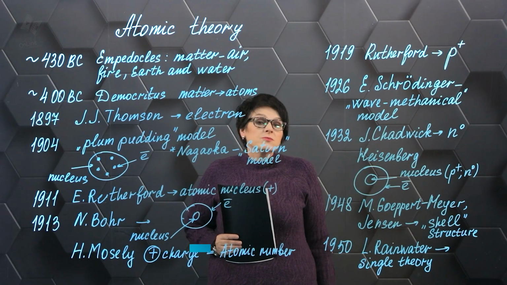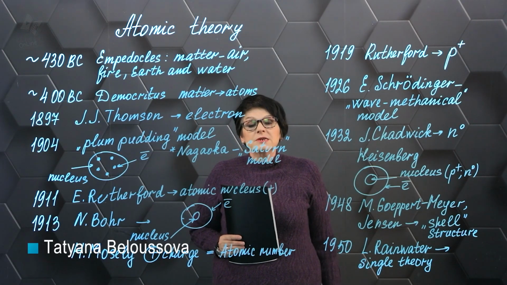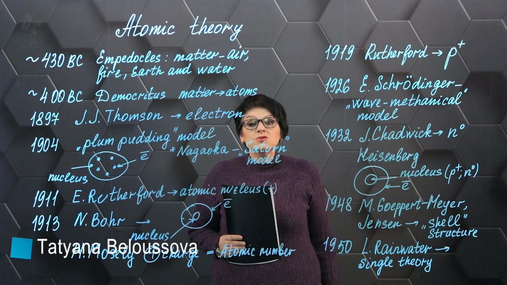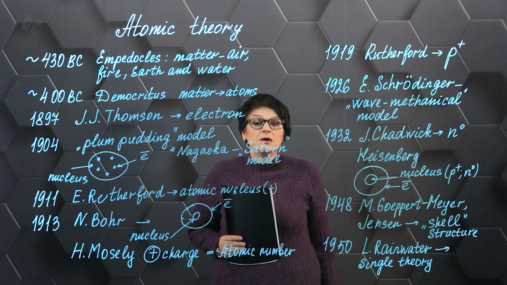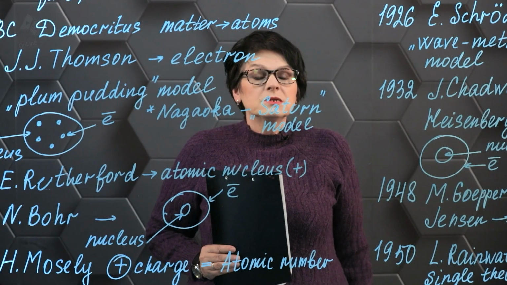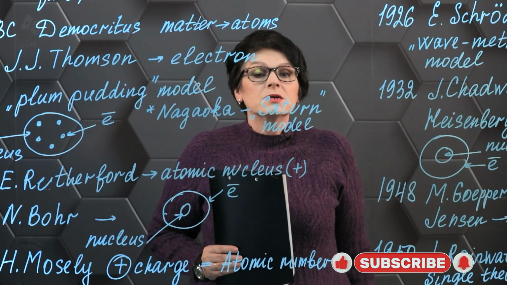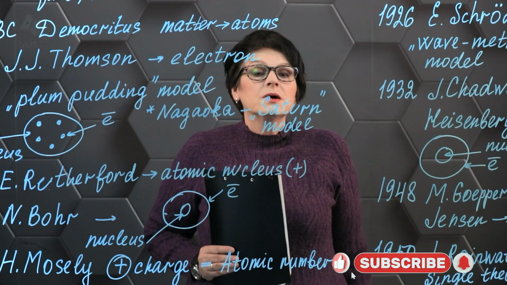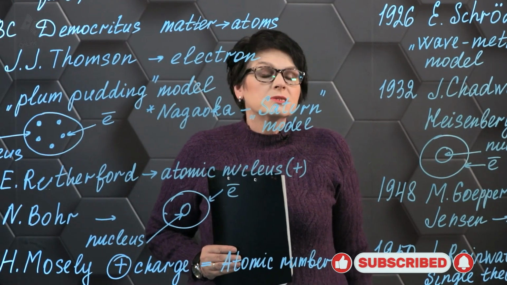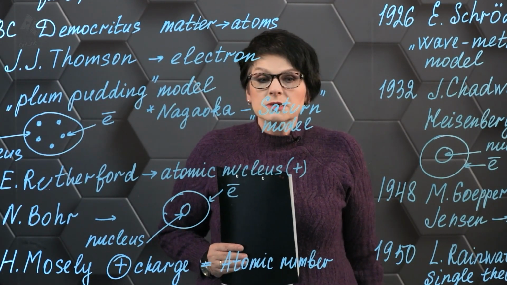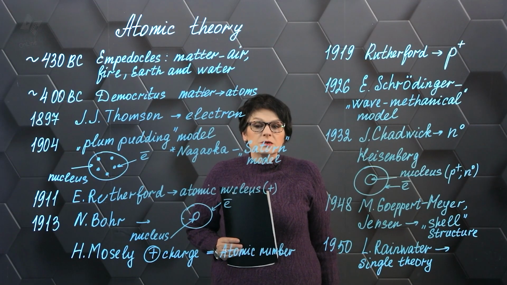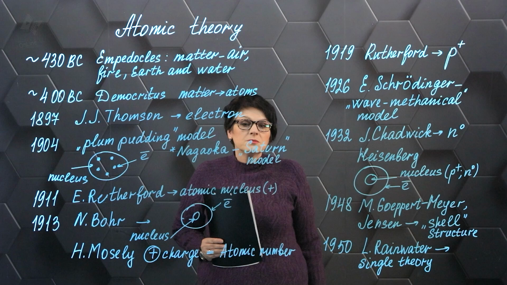Hello, today we are going to look at the structure of the atom, but we will dedicate today's lesson to the history of the discovery of the structure of the atom, or the atomic theory. The fact that the atom consists of protons and neutrons, which are located in the atomic nucleus, and electrons revolve around the nucleus, this idea of the atom did not appear immediately. It was preceded by a number of historical aspects to which we will pay attention today.